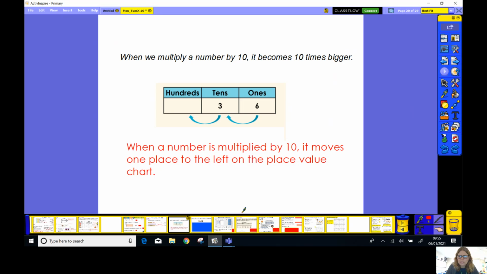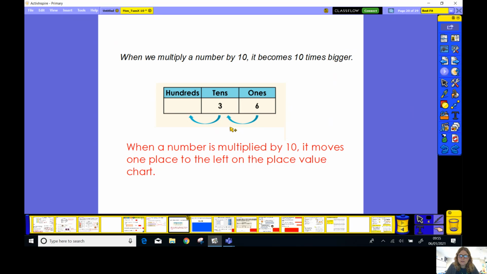And the really key thing that we need to remember is that in our place value grid, which we can see here, the digits, the numbers, move one place to the left when they are multiplied by 10. So I've written a STEM sentence below, and you might want to copy this into your books if you can't remember it. It says, when a number is multiplied by 10, it moves one place to the left on the